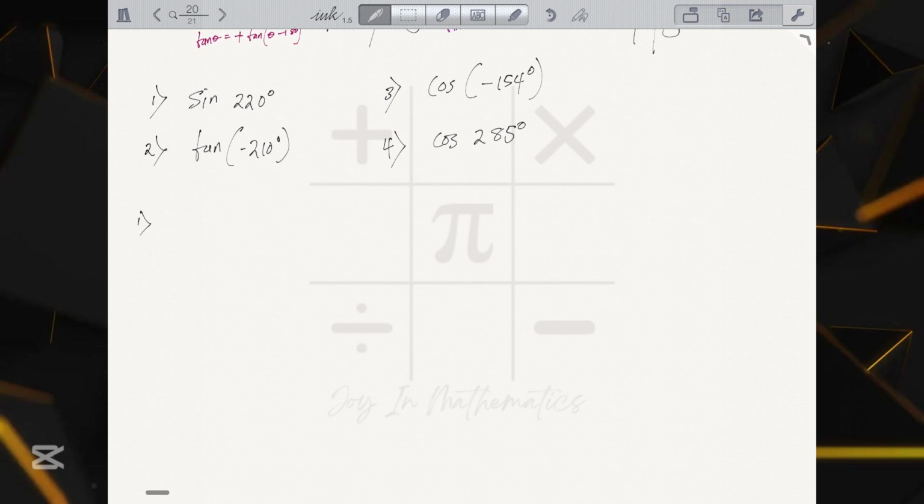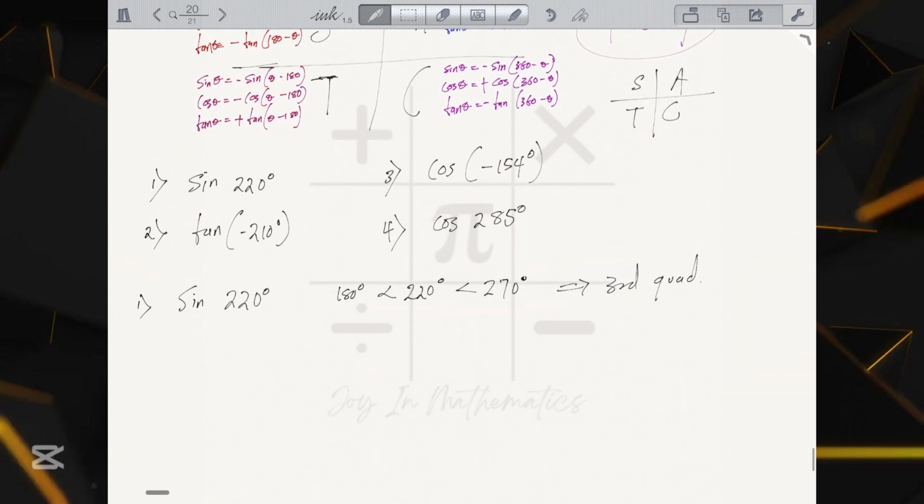Number 1, sine 220 degrees. Where does 220 lie? Does it lie in the first quadrant, second quadrant, third quadrant, or fourth quadrant? Now we can see 220 is greater than 180 degrees and less than 270 degrees. So therefore it lies in the third quadrant. And in the third quadrant, sine